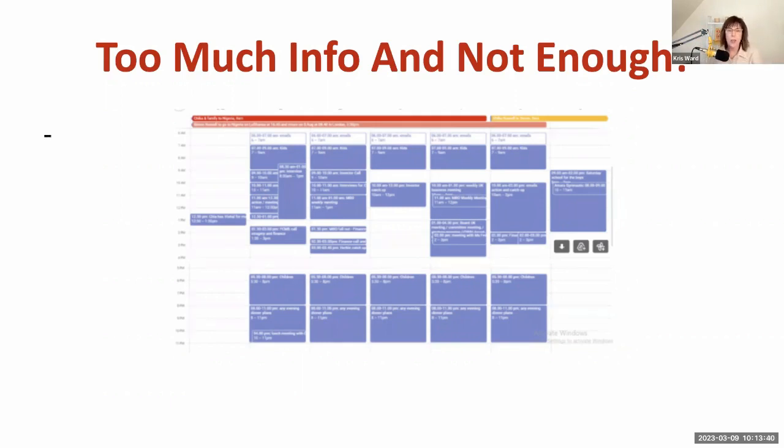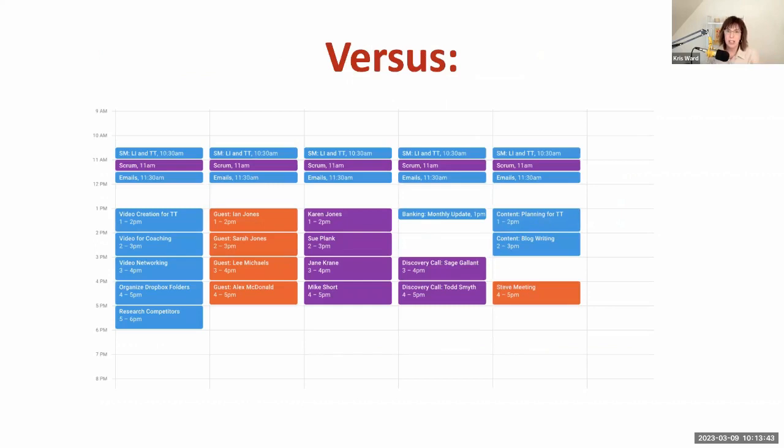So what we want to do is have something clear and concise like this. In this case, I have different colors for different things. I use purple for any virtual meeting I have. This is work within the company. In my case, I put a very bright orange color for anything where I am essentially performing. If I am going to be a guest on a podcast, if I'm going to be doing a speaking gig, or if I'm hosting my own podcast. So different things like that. But that way I don't have me doing a podcast, doing a sales meeting, and then a virtual call, right?